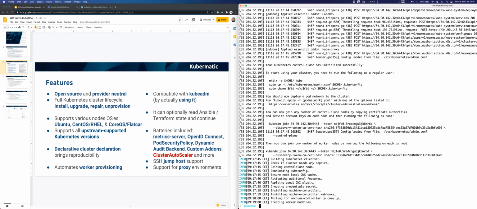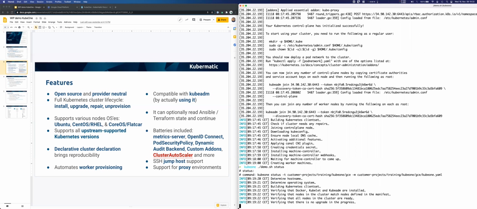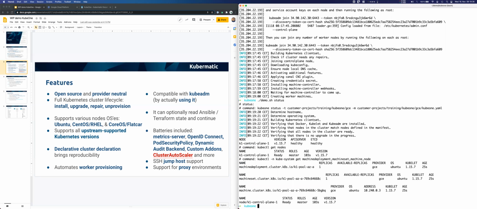Give me 1 second. Show you it just with my wrapper script. So KubeOne status gives you a short overview. So we have deployed a control plane. Don't be confused about the version. I have explicitly used an older version so that we can show you as well how easy it is to upgrade